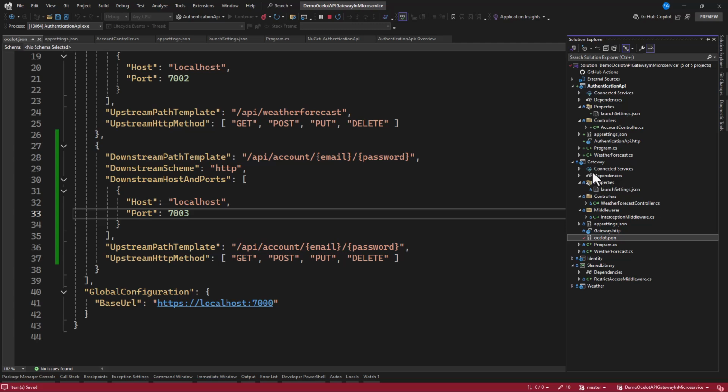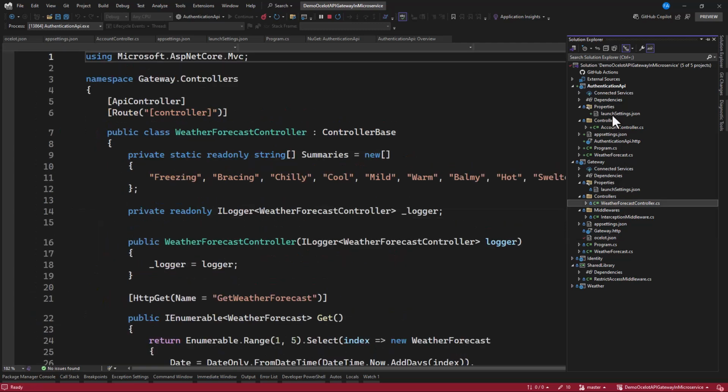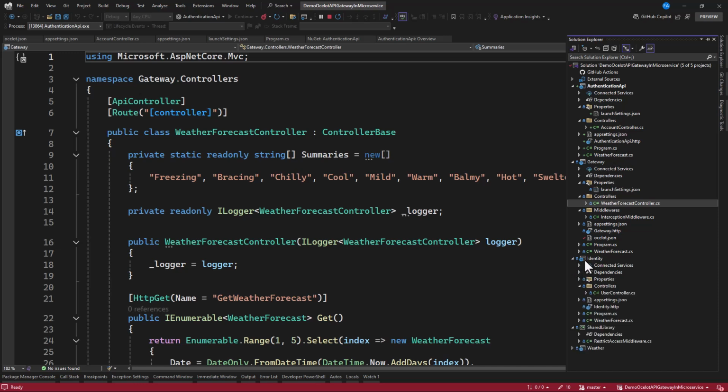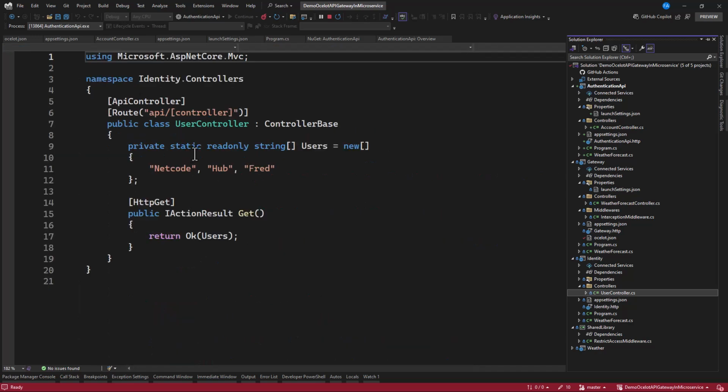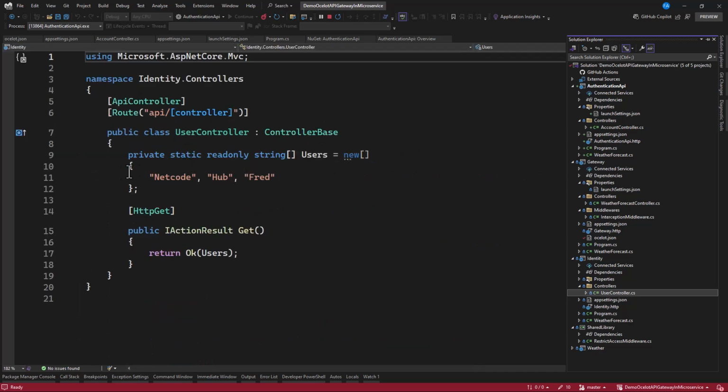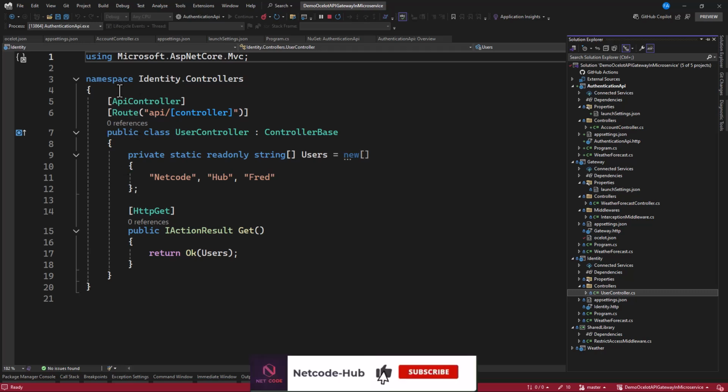Now in each, we have the weather forecast controller and then we have the user controller, right? From the identity, we have the user controller. Now before the user or client accesses any of these methods, this client must be authenticated. And we can handle that by using a middleware to check it. Bear in mind that we normally intercept the request, then we can check and kill the request or push the request. So let's do that.